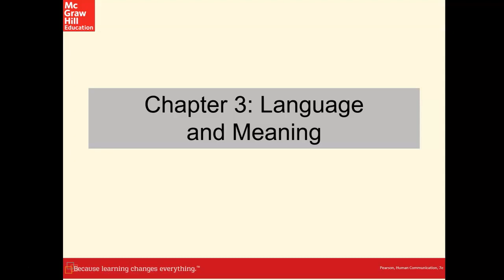So we begin with the definition of language. Language is a collection of symbols, letters, or words with arbitrary meaning that are governed by rules and used to communicate. Language consists of words, symbols that represent things without being those things themselves. What that means, and what we mean by the word arbitrary, basically is